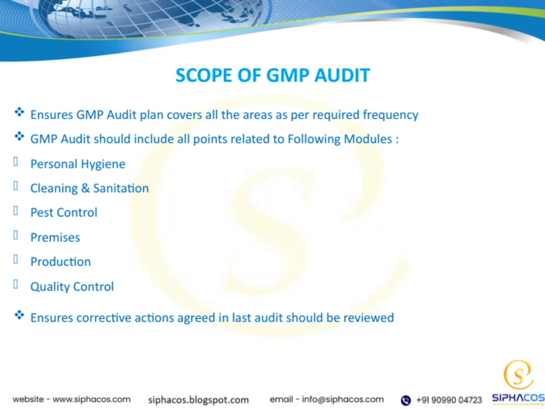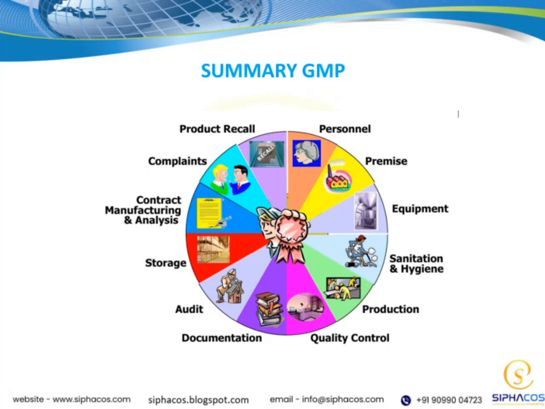When we talk about the scope of the GMP audit, we're essentially defining what areas and points are to be examined. This scope ensures that nothing is overlooked and that our audits are aligned with our quality and compliance goals. Overall, the scope helps us maintain a consistent and thorough approach, which supports the broader theme of continuous improvement and adherence to GMP standards. Let's take a moment to review the key points from our